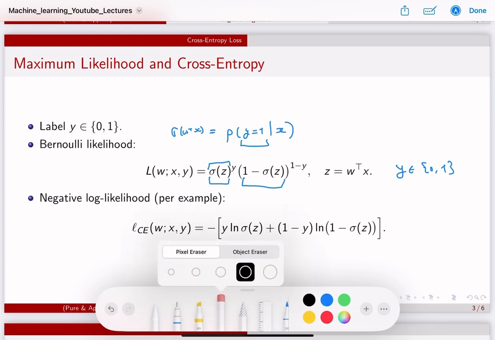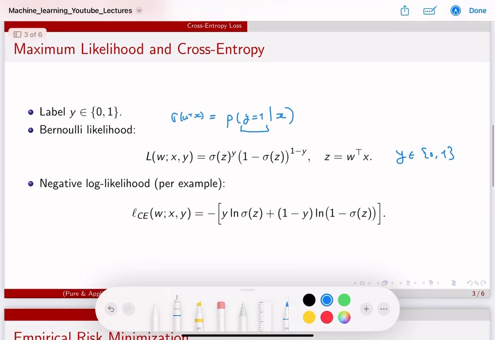Again, there's a rigorous reason why we're doing this that we're going to postpone for now, but you can bear with me in this video and take it for granted that there is something called a likelihood that we can introduce, and for this particular case, it's going to be the Bernoulli likelihood, and we want to maximize this. Maximizing this will give us the optimal model. Now, we observe that maximizing this likelihood is equivalent to minimizing minus log of that. So if we look at minus log of that function,